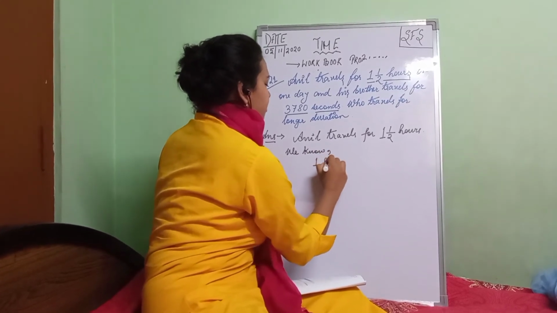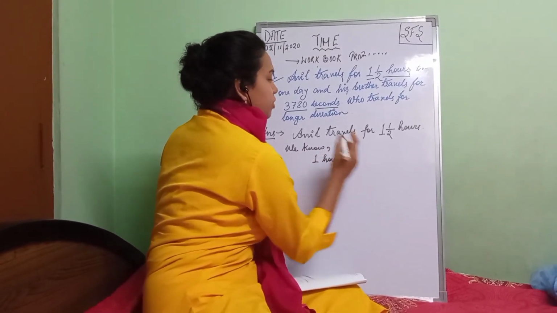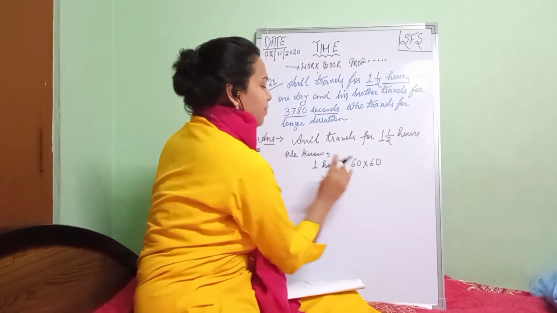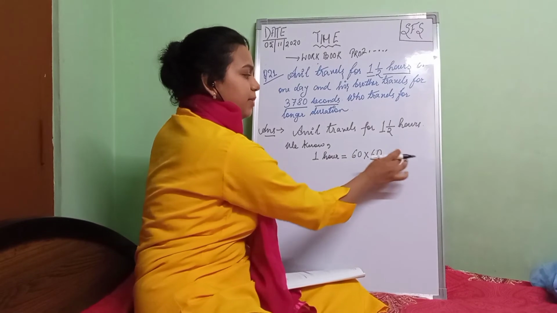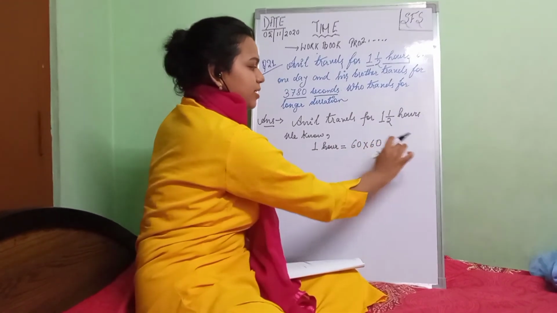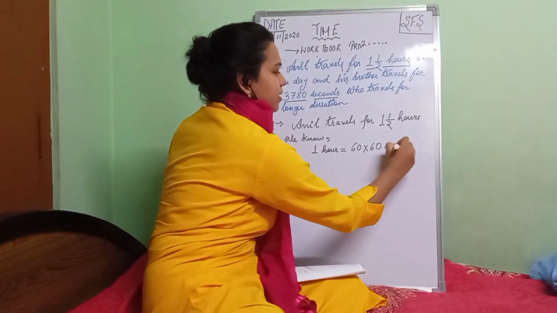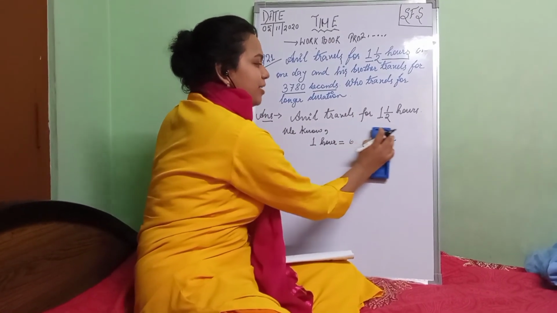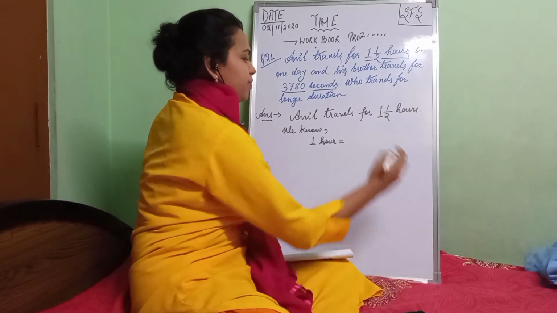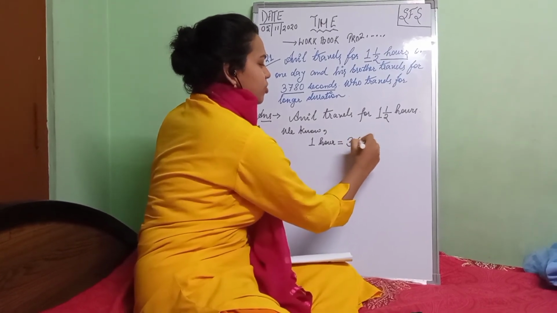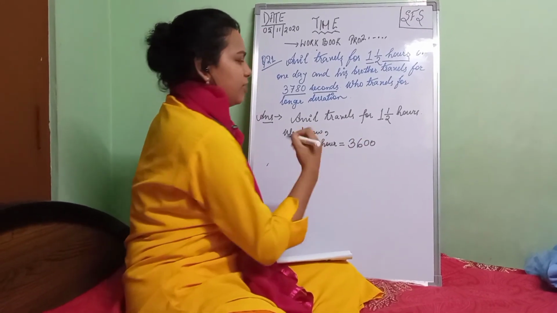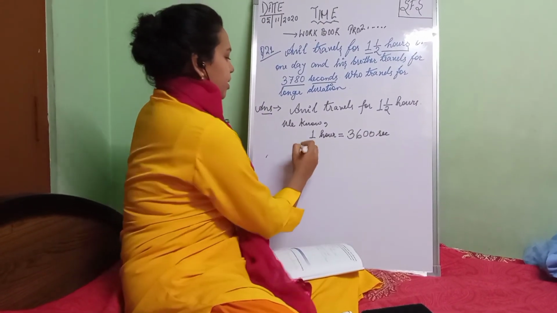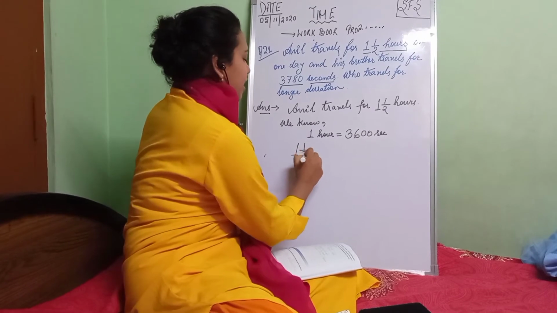We know 1 hour is equal to how many seconds? 60 into 60. Remember, 1 hour equals 60 minutes, 1 minute equals 60 seconds. So we can directly write it as, remember I told you, 3600 seconds, right? So if you have to bring 1.5 hours,